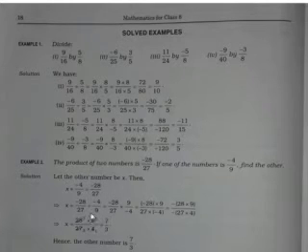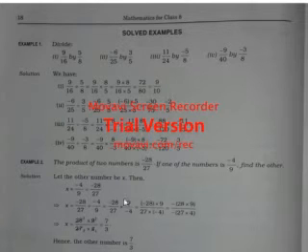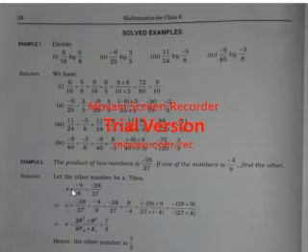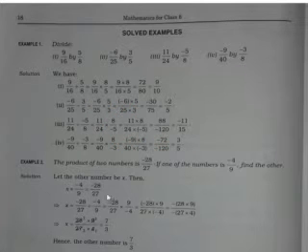And now in the division process, when we change divide into multiply, this denominator 9 changes to numerator, and numerator minus 4 changes to denominator. Students, you also have to keep in mind that it is the fraction just behind the sign of division whose numerator and denominator change, not the fraction in front of the divide sign. This fraction will not change, it will not go up and it will not come down. Keep that in mind. Some students make mistakes in this way.